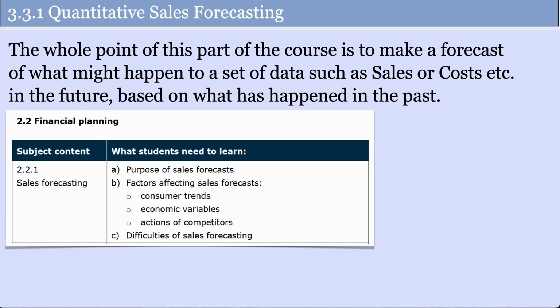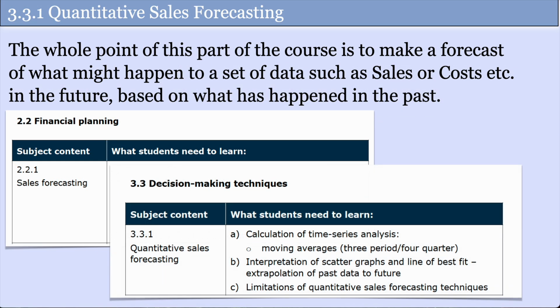We're going to talk about this whole concept of quantitative sales forecasting. Now, it tends to be figures for sales that we're looking at, and if you remember from the very first part of the syllabus, we did sales forecasting in year 1, and we said, well, what's the purpose of it, and then what are the factors that affect it. So there's 3 major factors that affect our forecast of the future, and then what are the difficulties involved in it. So that was done in year 1, but then in year 2 we have to calculate some time series